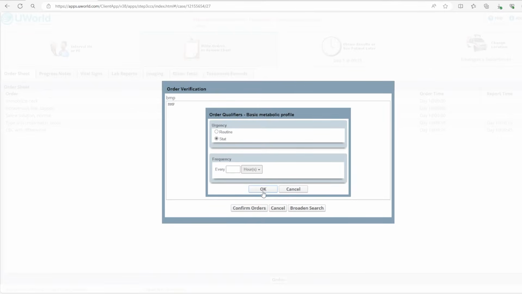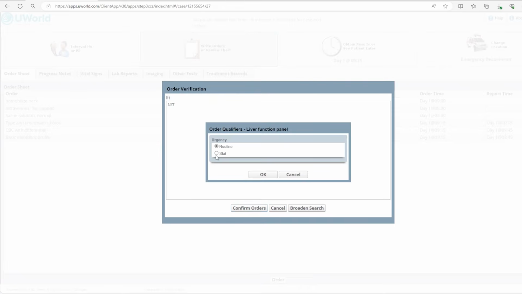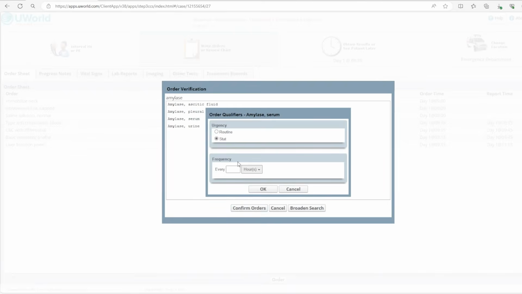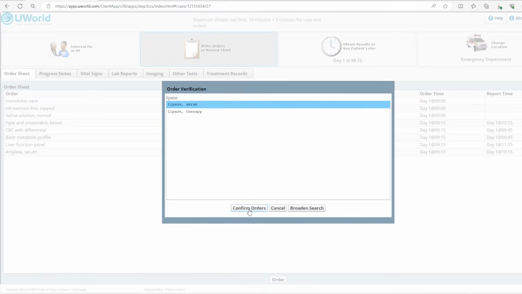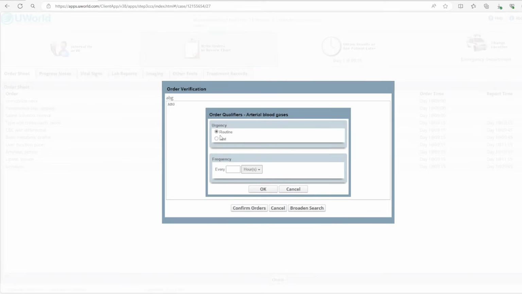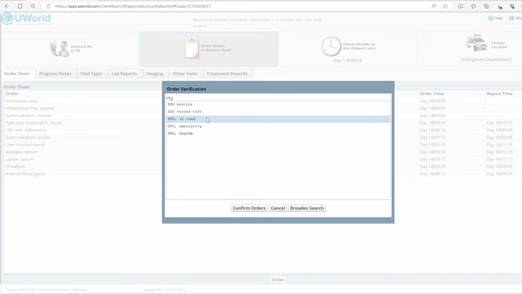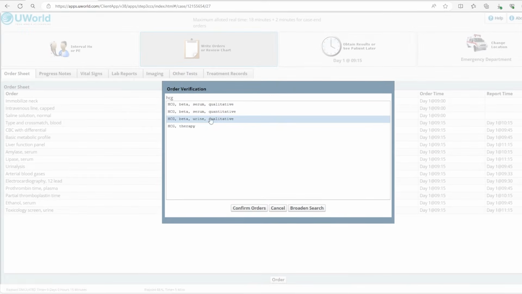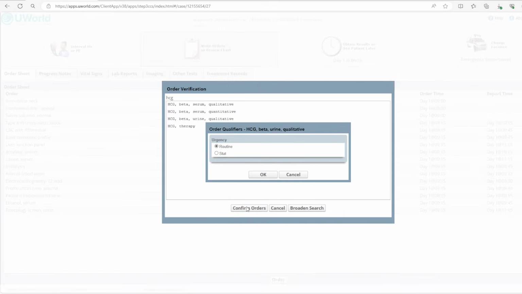BMP, LFTs, amylase serum, lipase serum, urine analysis, ABGs or arterial blood gases, EKG, 12 lead, PT INR, PTT, blood alcohol, urine toxicology. We're gonna order the beta HCG in urine,